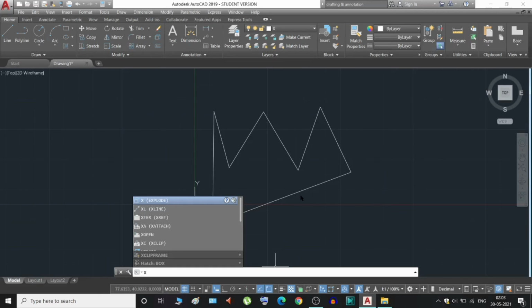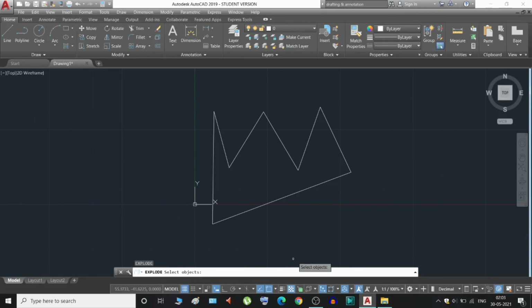So I will just click on it, and next you have to select the object. If you select the object, which is actually a polyline right here, you can click on it, press enter, and all the lines will be divided into single lines. So in this way you can use the join and explode command.